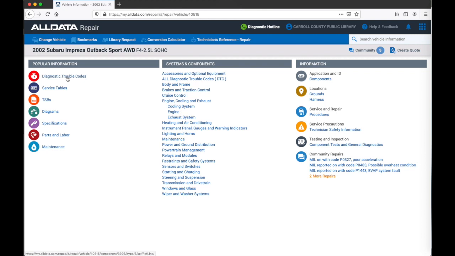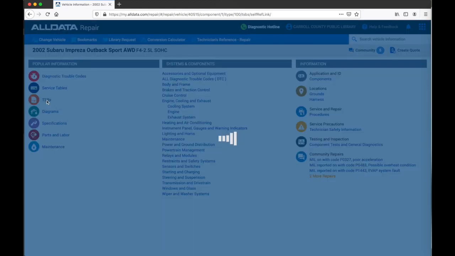So there's diagnostic trouble codes. As you know, most of the computers in the cars now will throw back trouble codes that you can then look up and see what they mean for your specific vehicle. There are service tables, safety bulletins, different wiring diagrams, specifications, parts and labor, and maintenance information. And so basically whatever kind of information you're looking for, so let's say I'm looking for a specific safety bulletin,